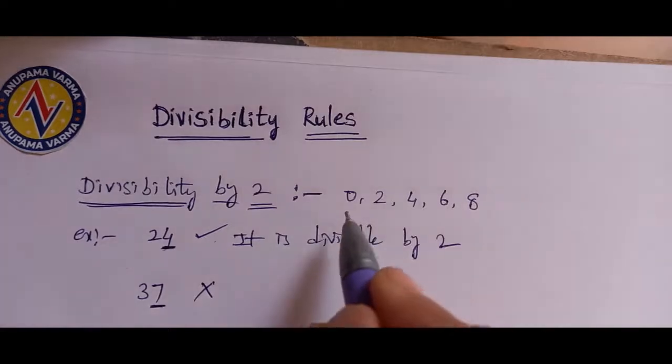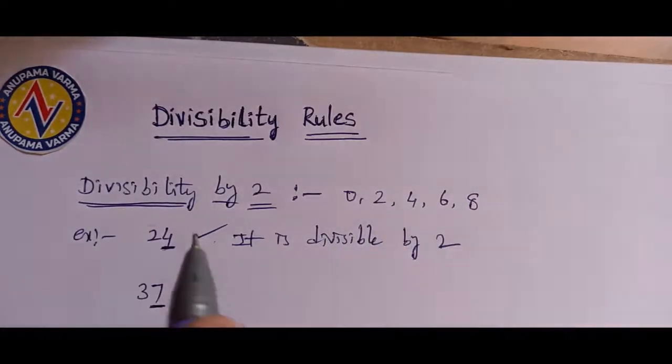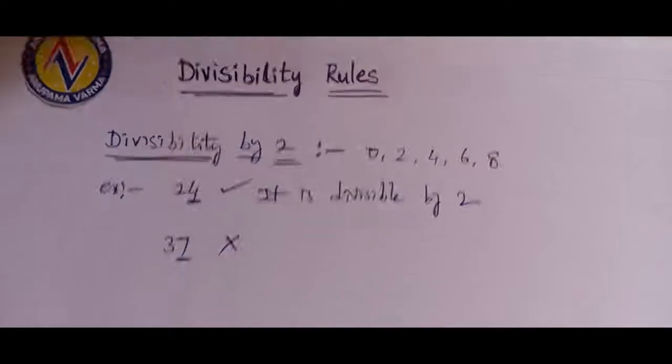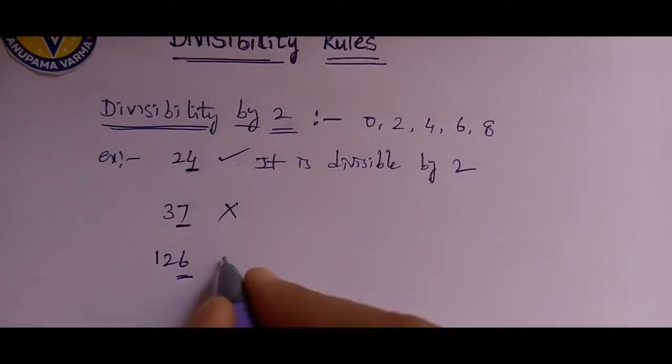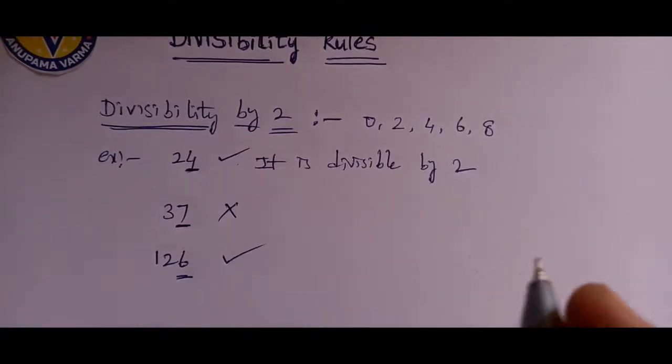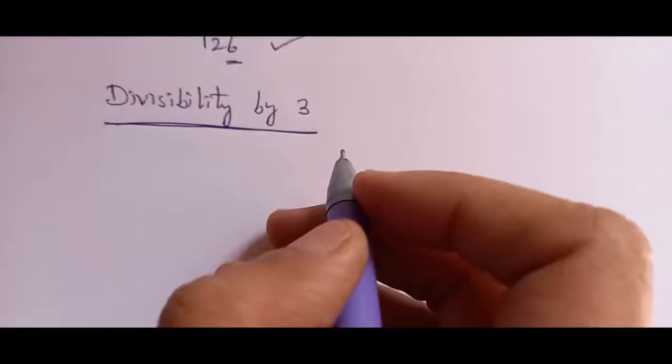If the number is having 0, 2, 4, 6, 8 in its units place, then that number is divisible by 2. For example, 126. In units place 6 is there. So it is divisible by 2. Is it clear? Next,